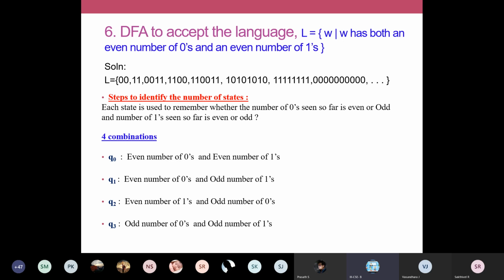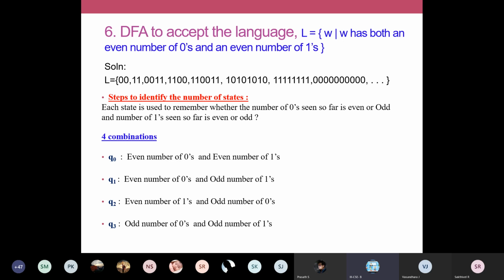When I'm having a string with some number of zeros and some number of ones, you might have either even zeros and even ones, or even zeros and odd ones, or even ones and odd zeros, or odd zeros and odd ones. So these are the possible combinations when you're taking any string. Any string out of your language falls under one of these 4 categories.